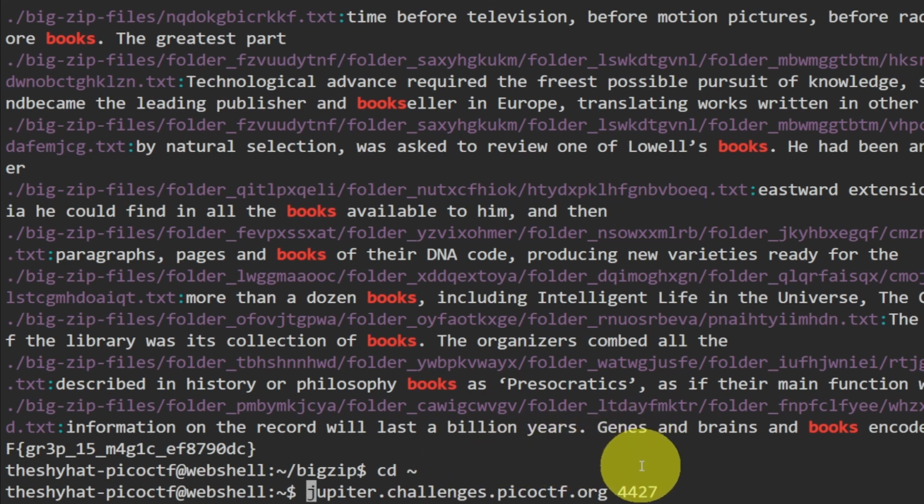Okay, so this is the server right here, and after the name of the server is the networking port. So what we need to do is use the netcat command, which is abbreviated to just nc, then the server, juniper.challenges.picoCTF.org, and then the networking port we're going to communicate on. Networking ports are basically just different interfaces we can use to access different servers on a remote server. If we run this command, we would be contacting this server on this port. So we go ahead and execute that,